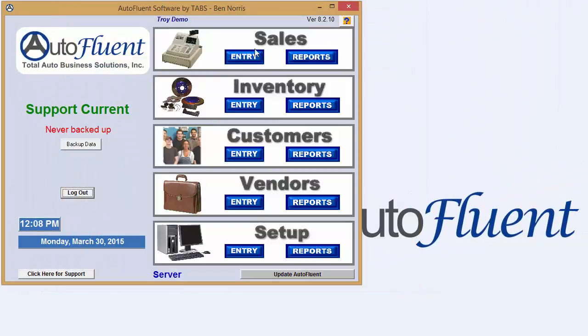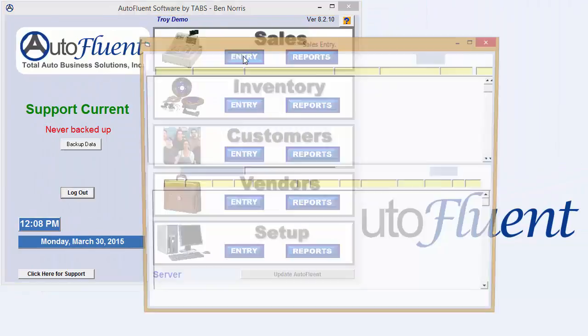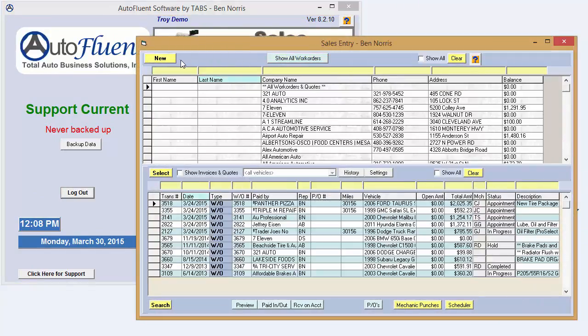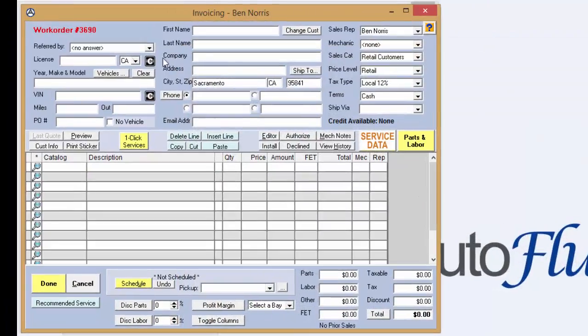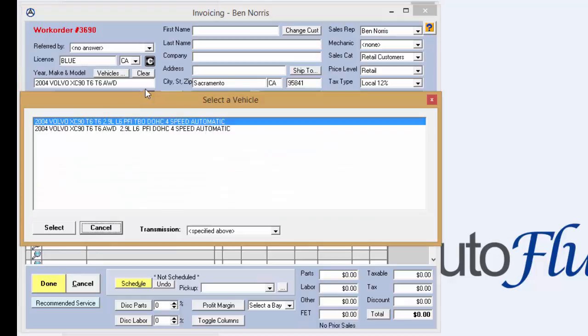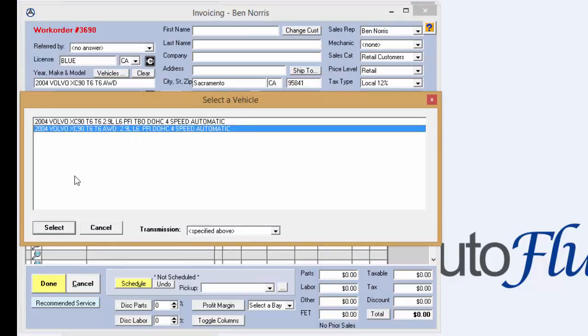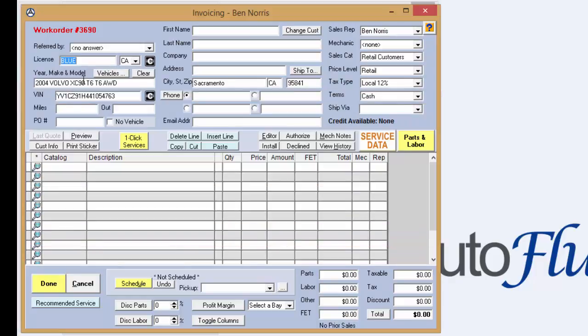Now, going over to a work order to see how this all works, if I click on the new button to start a new work order, I'm going to enter in a license plate, and this will scan Carfax, of course, to find this plate for me. Now that I have this Volvo in here, I'm going to go over here to my service data,